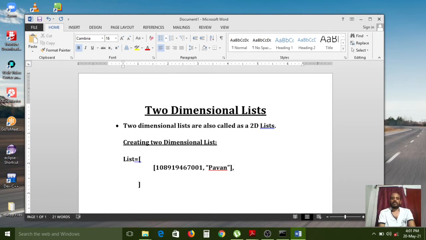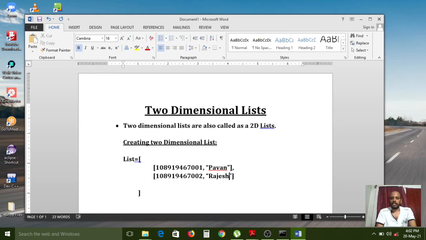Again I want to maintain one more record also. For that, I open one more square bracket: 1089.19.467.002, the second hall ticket number, and in between quotes I use a name. The first name is Pavan, the second name is Rajesh.